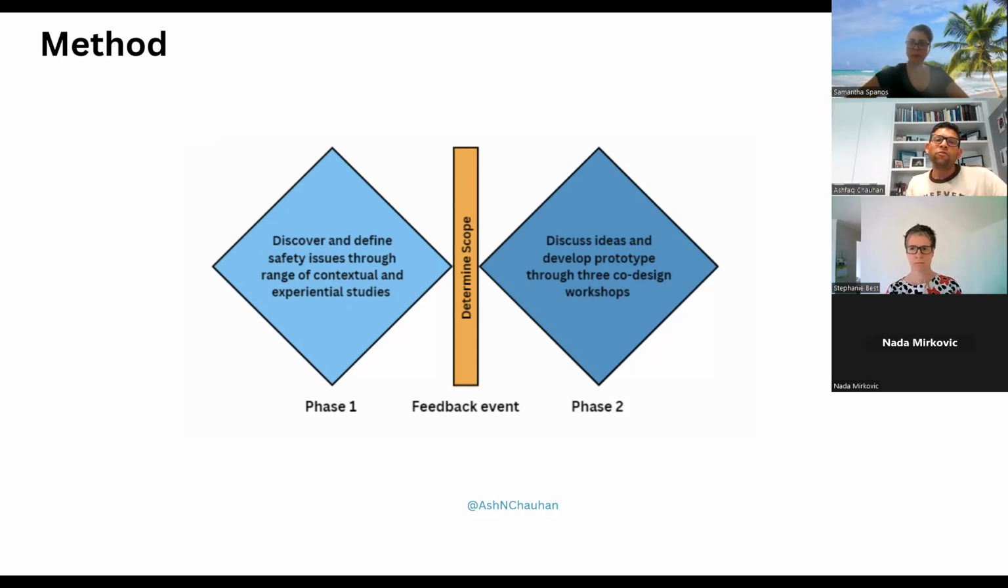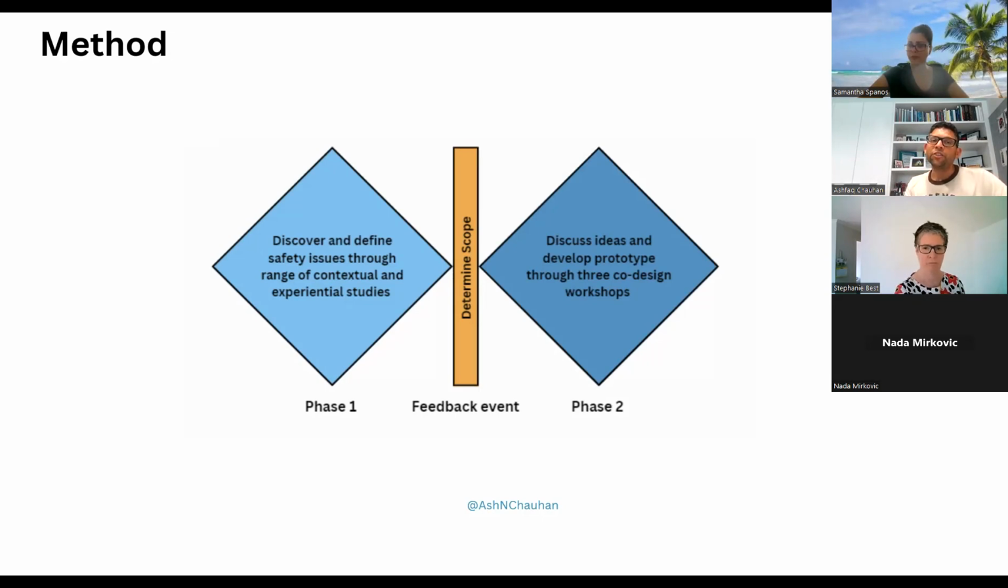I'll present all of those findings in a slide later on, which formed the basis of the first workshop. Following phase 1, we also did a feedback event with health service staff at the cancer service, bringing the findings from phase 1 to determine the scope of the co-design. Then in phase 2, we conducted three co-design workshops with two CALD consumers and three health service staff.